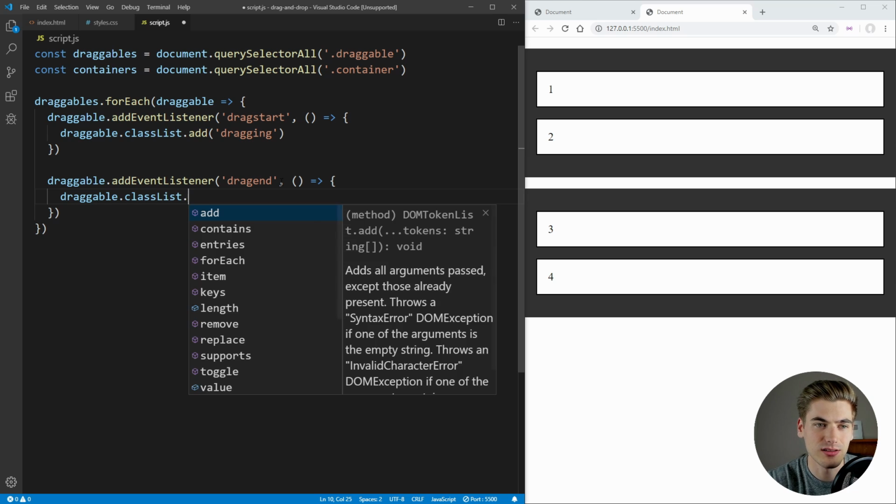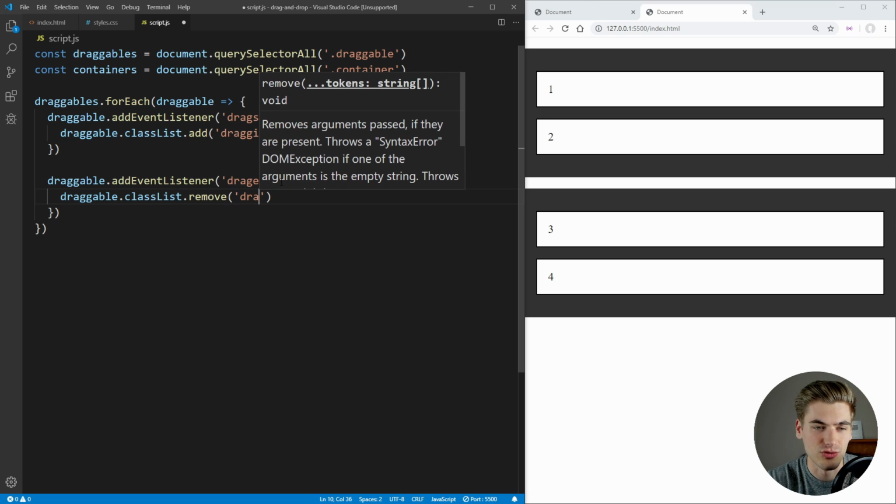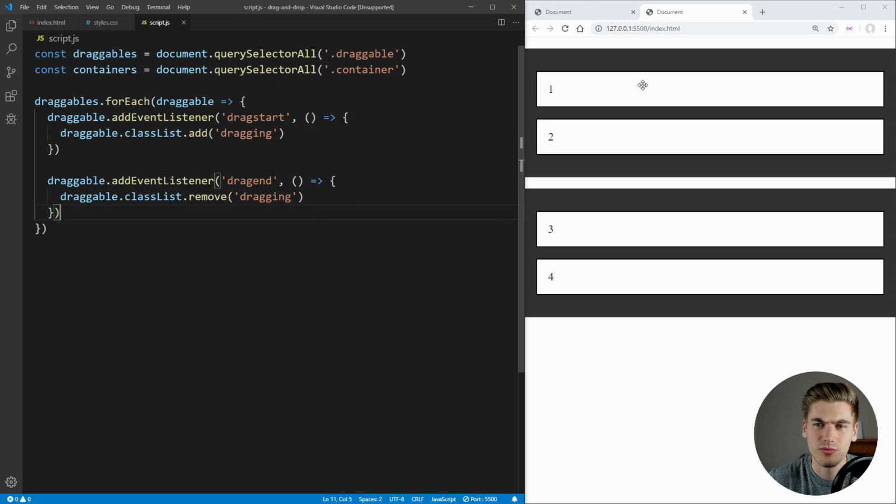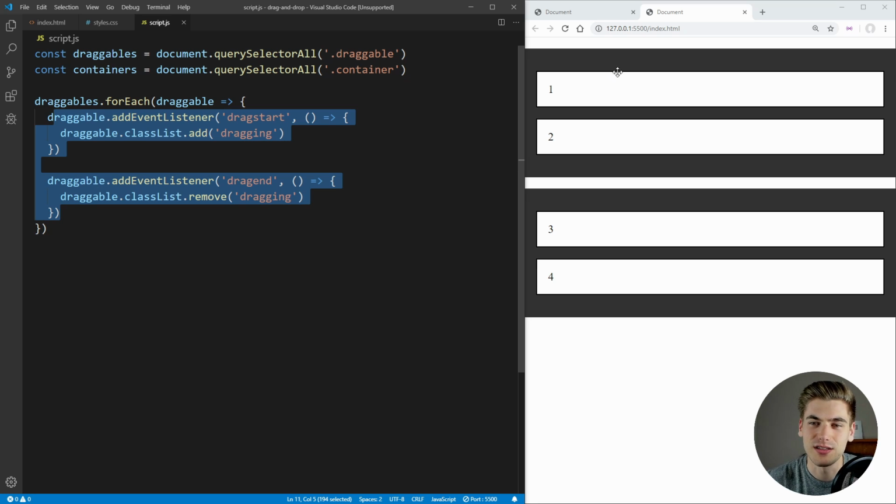So we can say classList.remove that dragging class. And now when we hover this, you see it gets that nice opaque class. And when we release it, you can see that class goes away. And that's because of these dragstart and dragend events. So now we have all of that nice stuff for dragging our element around, changing the class so it changes